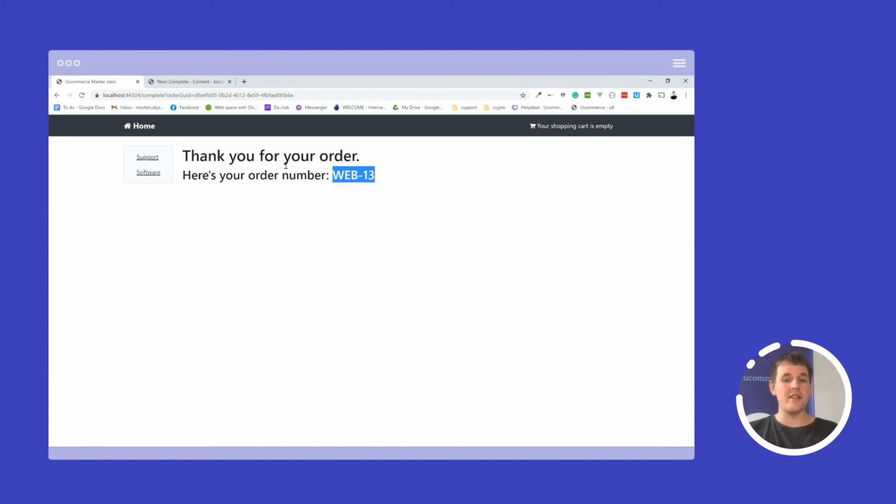Let's dive back into the complete controller in the back office and see what we do. Before we do it, notice that in the query string we now have orderGuid equals a GUID, and that's not something that I have configured. This is UCommerce automatically appending the order GUID to the URL that I wanted my customer to be placed on after checkout. The reason for this is that the basket no longer exists for this user.